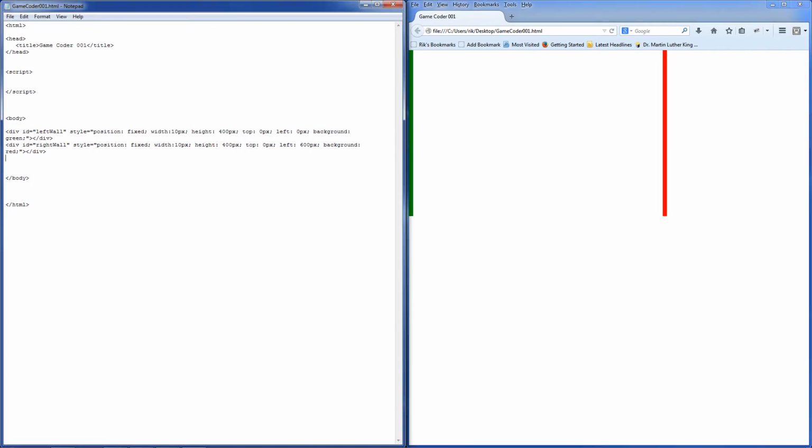Coding, it's easy. Okay, I want another div, and this is going to have an ID of player, and it's going to have some style. Position fixed. Oops. Let's type width 10 pixels. Height. This is not as big. You see, this is small, and you'll see why. Top, I'm going to put it at 200, and I'm going to put its left at 200, and I'm going to give it a background of